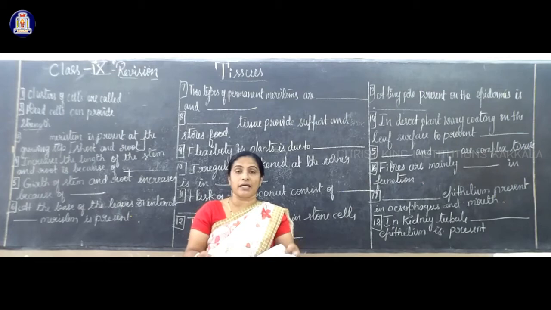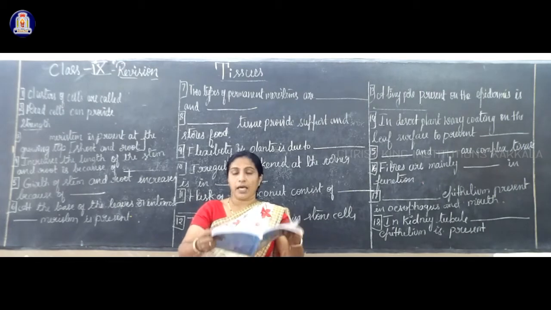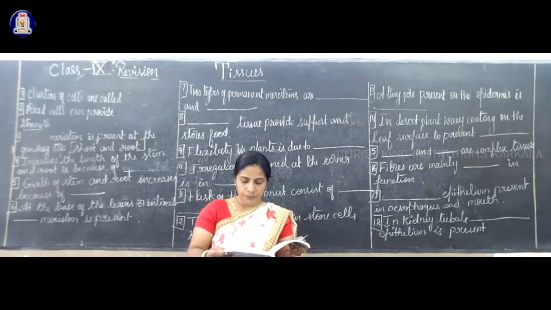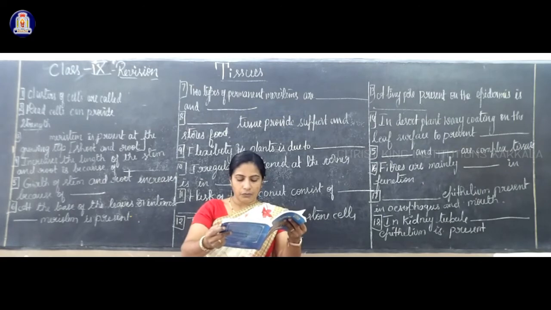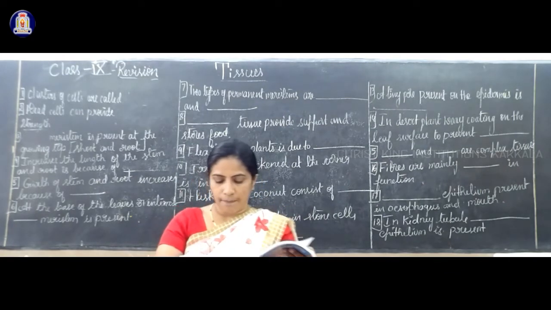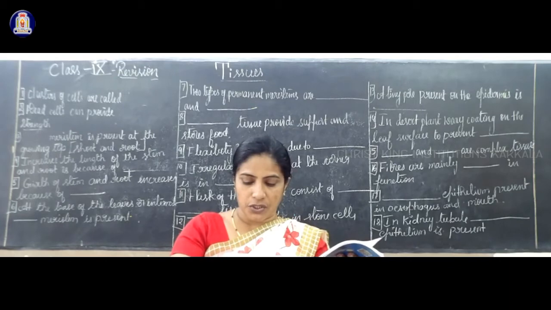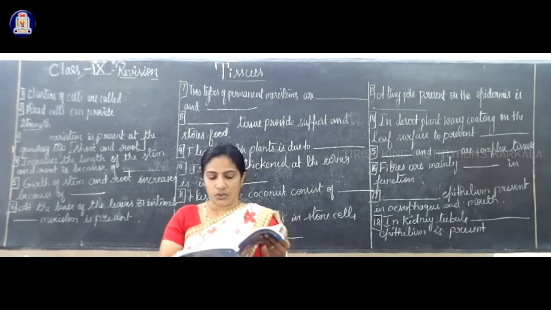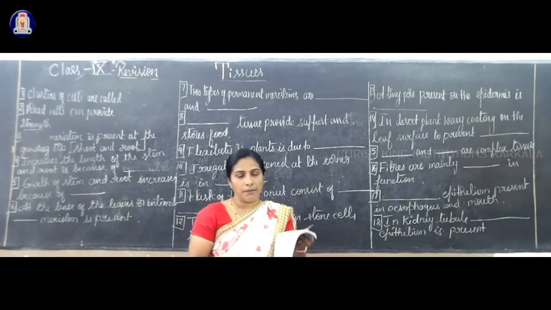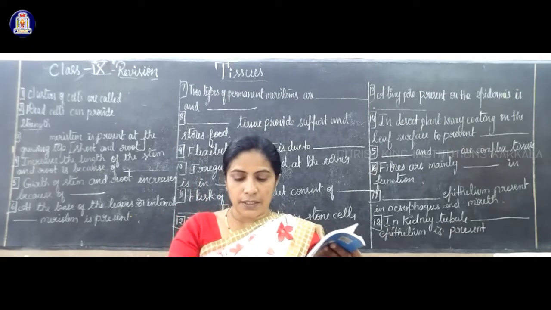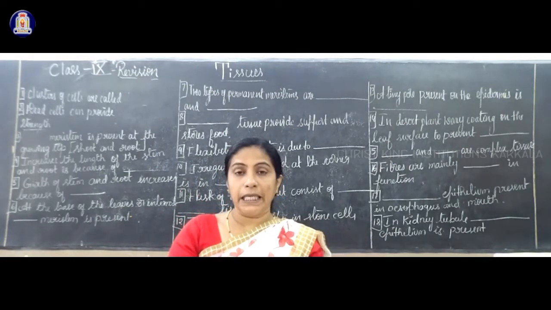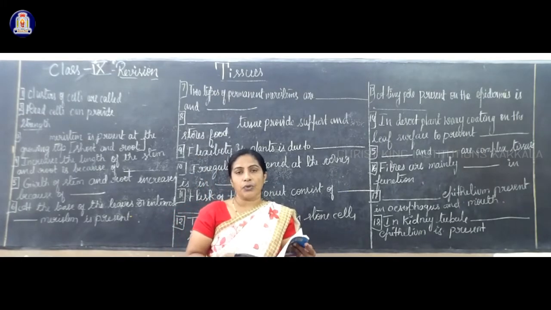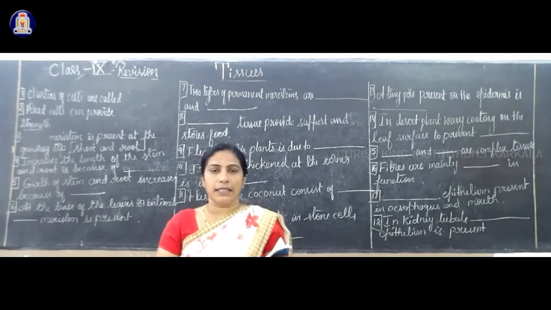Simple permanent tissues: there are 3 diagrams here. This major diagram is repeated in your question paper, that is page number 71. The 3 diagrams show various types of simple tissues: parenchyma, transverse section and longitudinal section. Sometimes they give the first one, the transverse section. The second diagram, B, the first one, shows thickening. They will put an arrow mark and ask you to identify the diagram related to collenchyma.